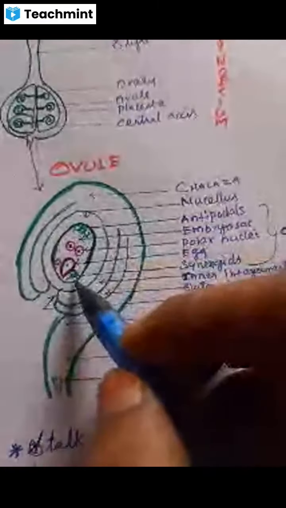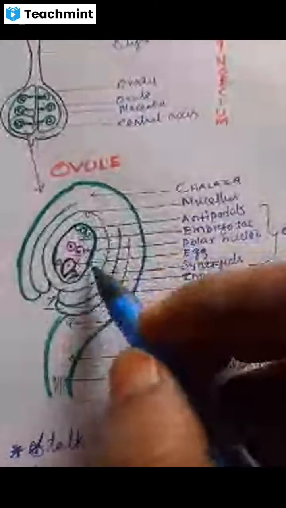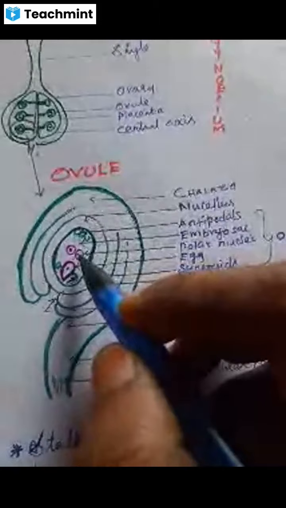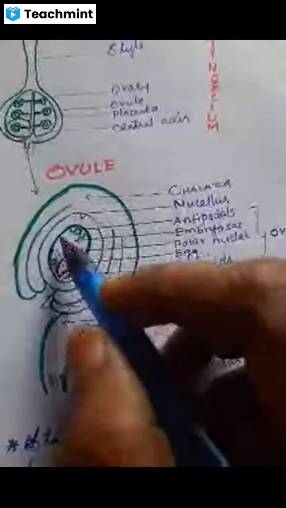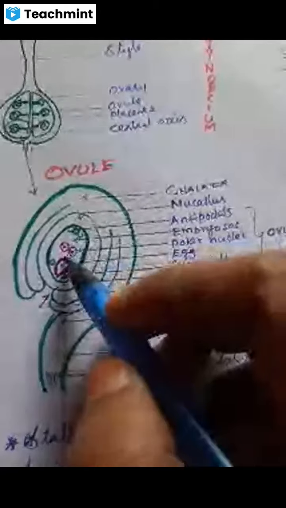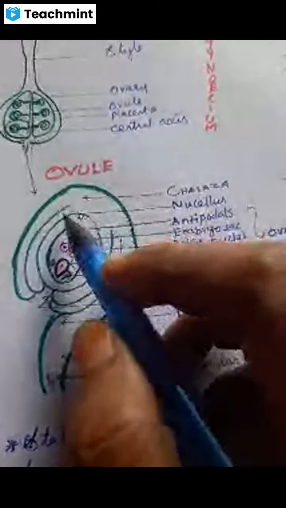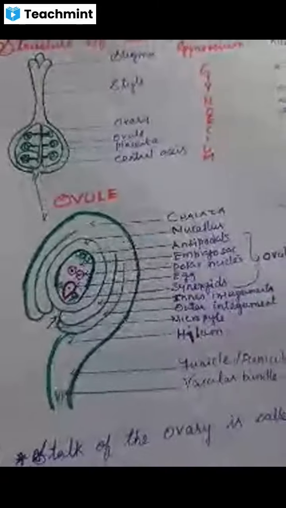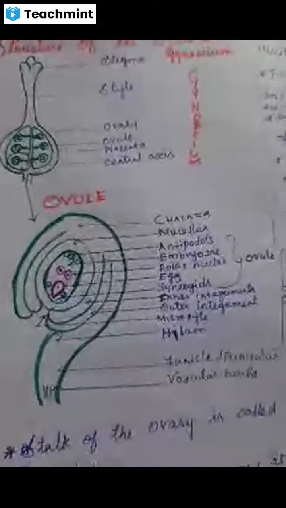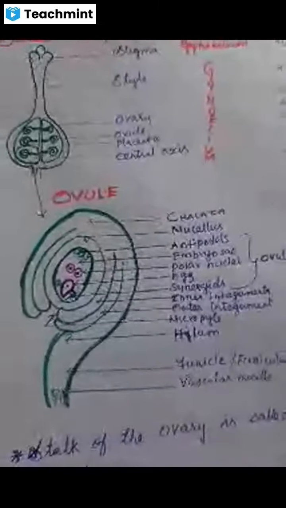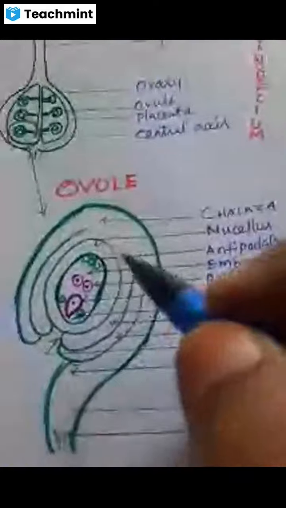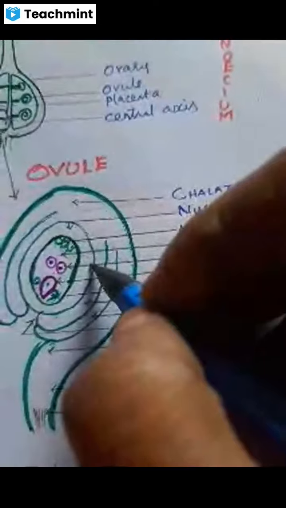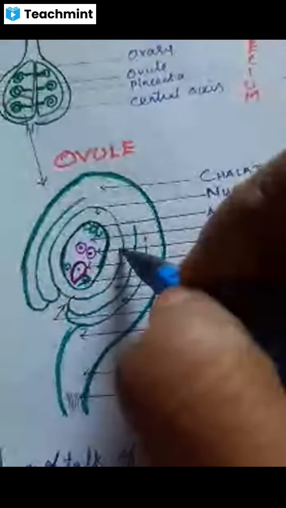But only this area, called the embryo sac, is made up of a single set of chromosomes. So it is haploid in nature. The embryo sac is haploid. The rest of the ovule, that is the nucellus, chalaza, integuments, hilum, funiculus and vascular tissues, are made up of somatic or diploid cells. At the same time, the integument is the protective covering layer and the nucellus is the food-nourishing center